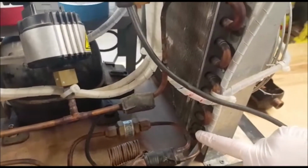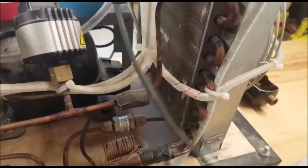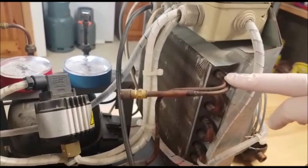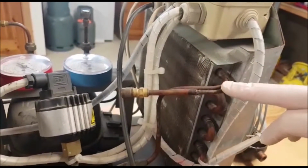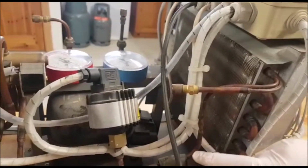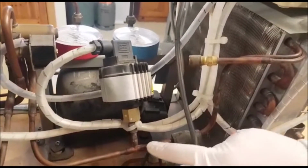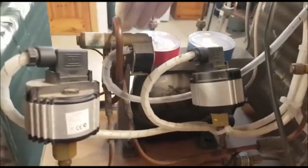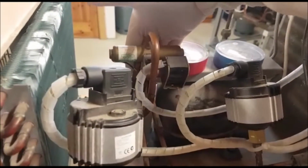It enters the outdoor coil as a low pressure, low temperature liquid, travels through the outdoor coil and converts from a low pressure, low temperature liquid to a low pressure, low temperature superheated vapor. It leaves the outdoor coil as a low pressure, low temperature superheated vapor and enters back into your four-way valve, and remember then the four-way valve is in such a way that the suction can go back